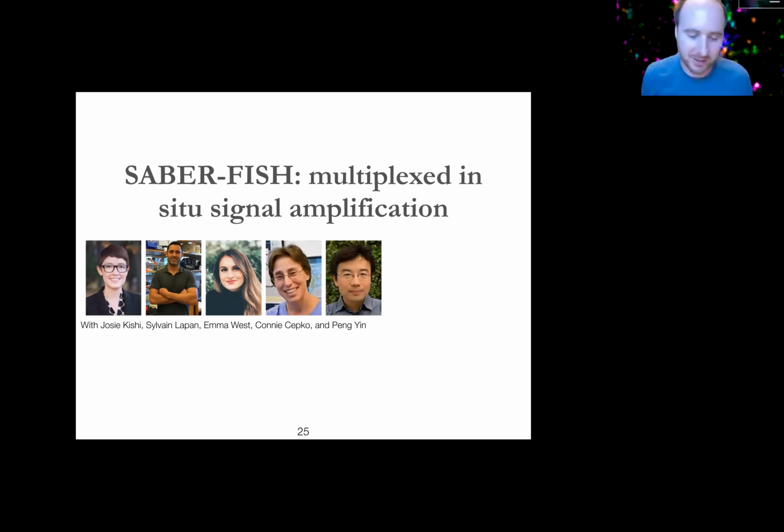But making that connection stronger, I think I'm going to now transition for the bulk of the rest of the time to talk about SABER FISH, which is one half of the SABER story. I know you've already heard about ImmunoSABER from CNM a couple weeks ago, and I'll just touch on that briefly at the end of this section.